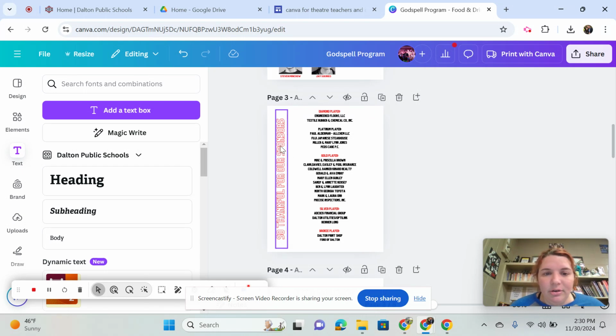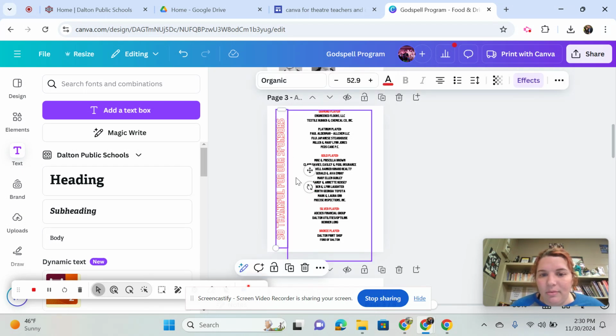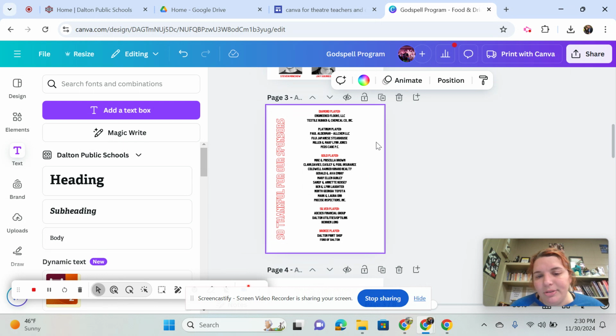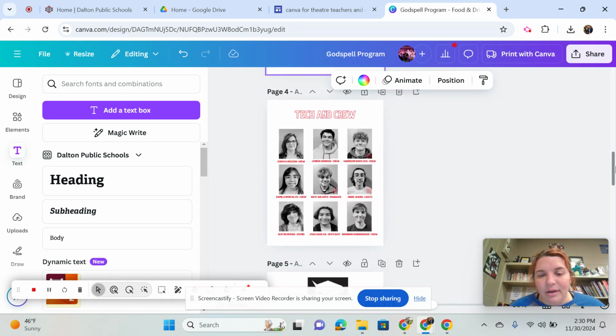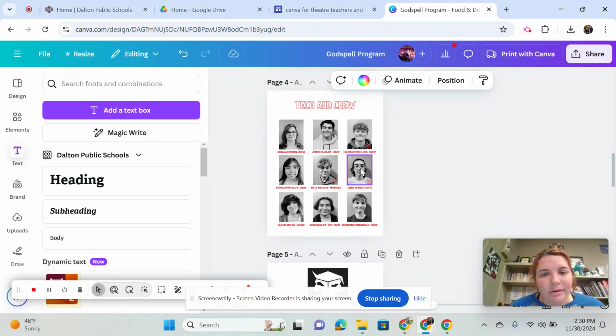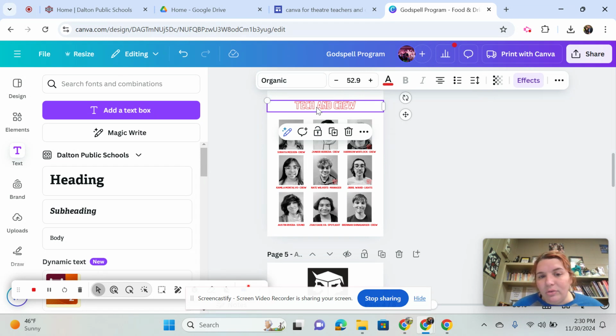I turned this text box. You can rotate them, so I rotated it to the side. And these are all of our sponsors for our season, and so I listed those on there. There's the tech, and there's little Jabril, like I showed you before, and all their names. And there are a lot of really cool different fonts that you can use for this section. This is organic font, but you can try